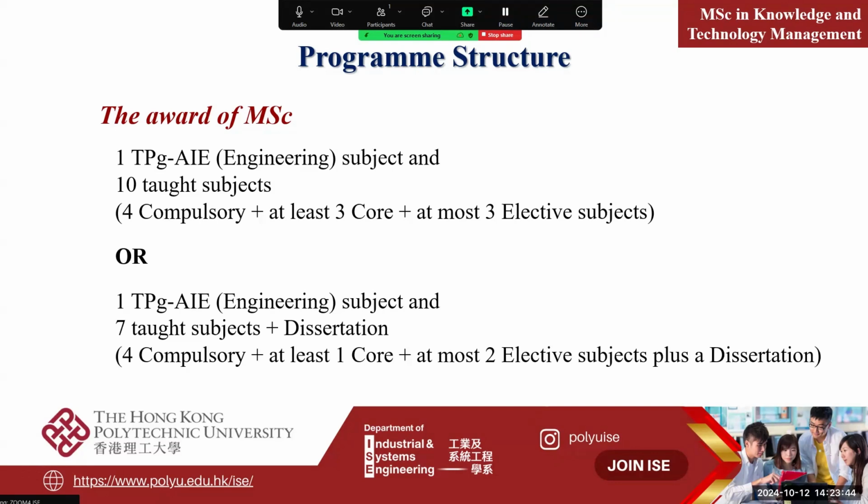Okay. One of the reasons is that when you're working in society, academic integrity is very important. The second one is that ethics is also important. We need to build students with the capability to do things ethically. This subject is compulsory for all the programs. So I need to emphasize the AIE subject is compulsory. The other 4 compulsory subjects, we also have 4 compulsory subjects, 3 core subjects and 3 electives. I will explain this later. But the subjects we put in as compulsory subjects are different from the other program.